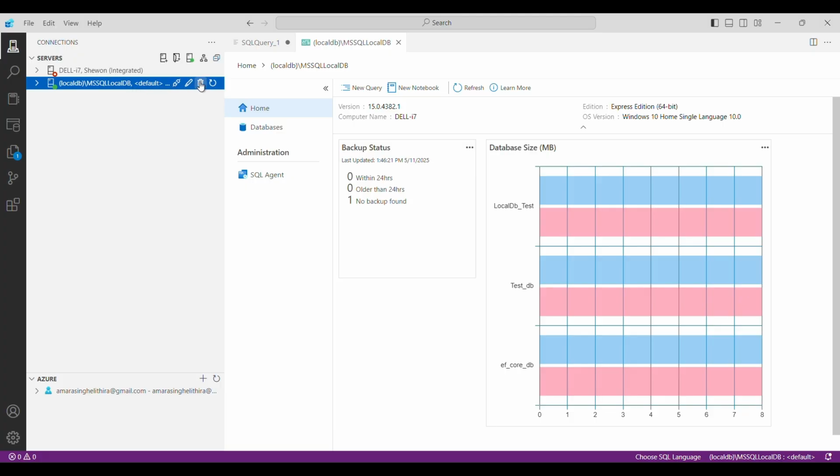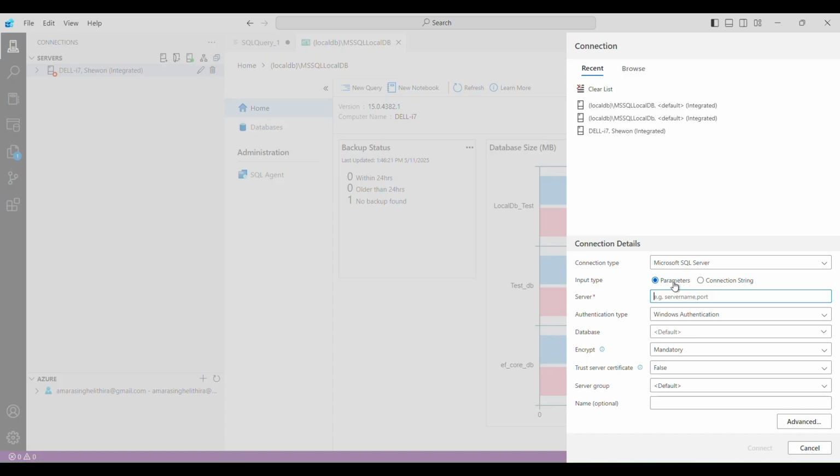There's another way for you to connect to the automatic instance of LocalDB in Azure Data Studio. I just delete this connection and perform the other method. To do that, you also have to click new connection, and this time I use the parameters method to connect to LocalDB. For the server name, I paste this. You also have to do that because most probably your automatic instance name will also be this,